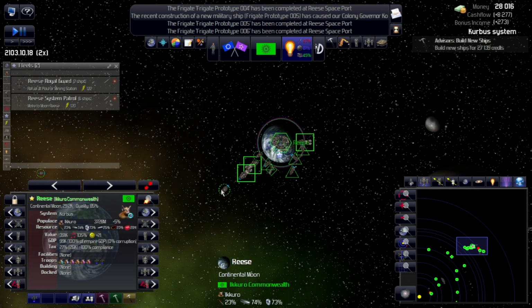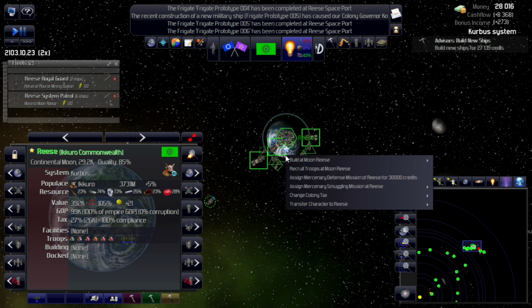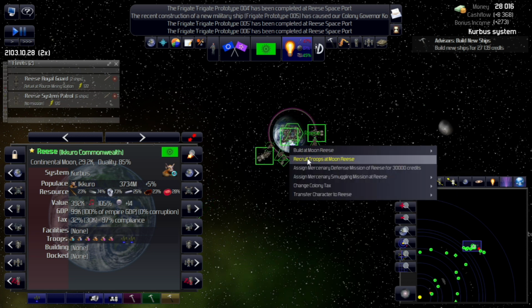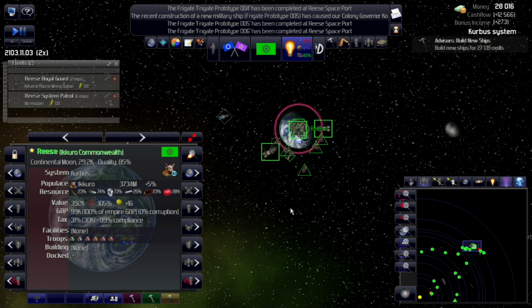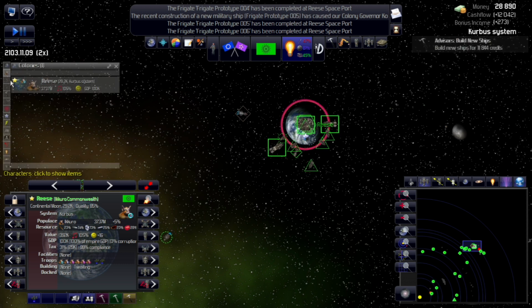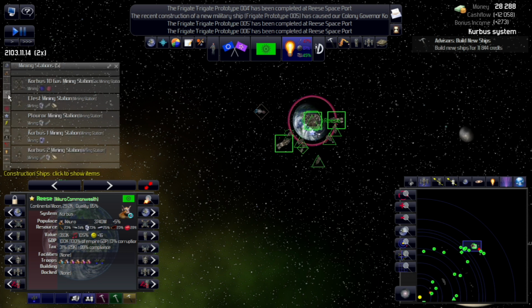Okay, so back to dealing with the fact that we have better happiness now. Let's boost our taxes some. That's probably going to be too high. Yep, a little bit. That'll be nice. 31%. And let's see. I'm probably also going to... Where did I put...